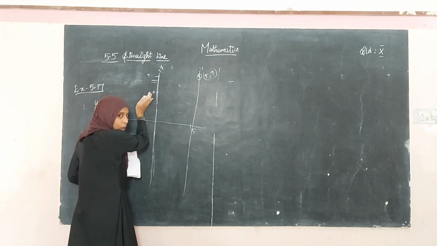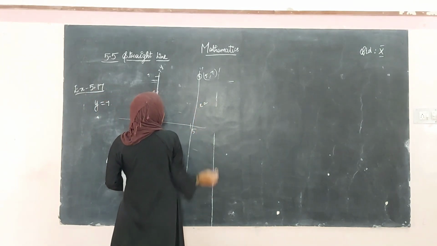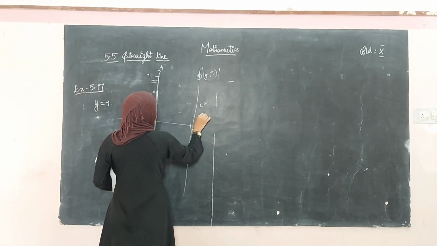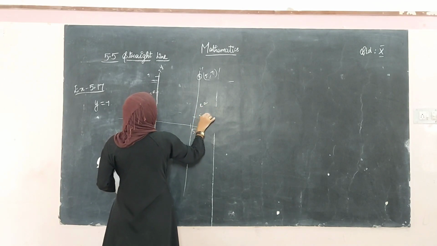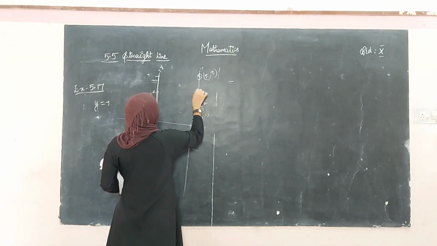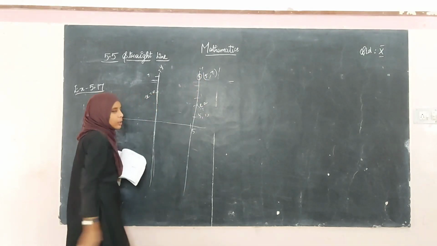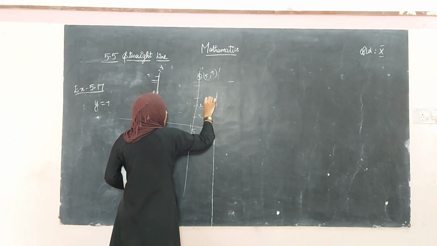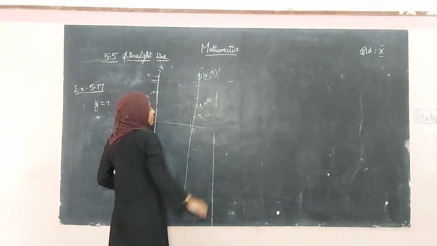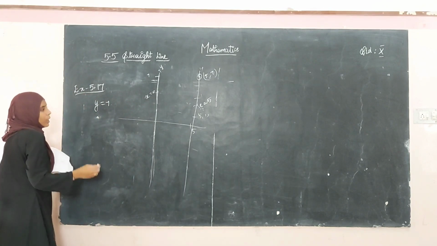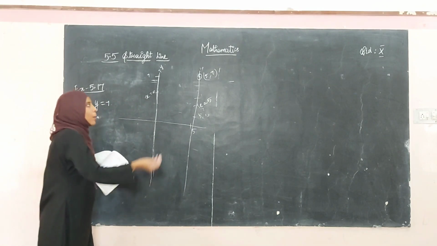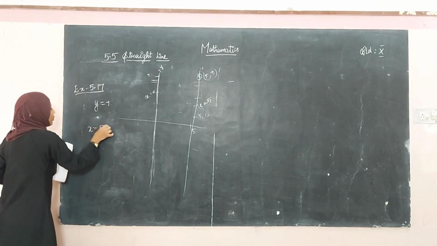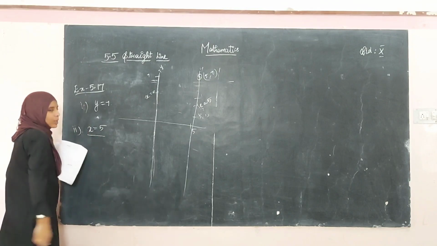So this is x is equal to 0. This will be x equal to, if you plot here, this is 5, 1, this is 5, 2, 5, 3, 5, 4, 5, 5, 5, 6, 5, 7. So which is the point common? It is 5. So the equation of this line is x is equal to 5. 5 is common, right? So the equation of this straight line which passes through the point 5, 7 and is parallel to y-axis is x is equal to 5. This is for second subdivision and this is for fourth subdivision.